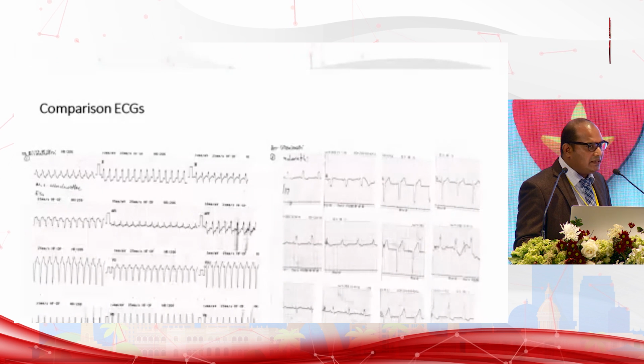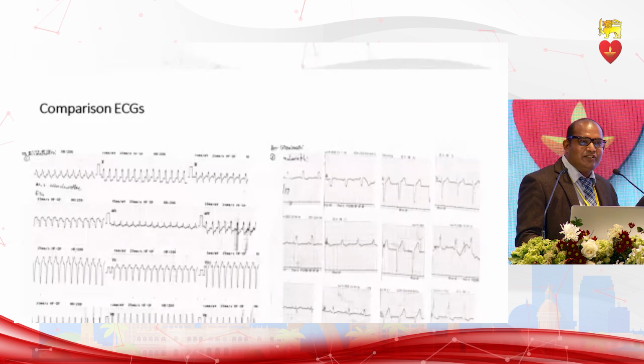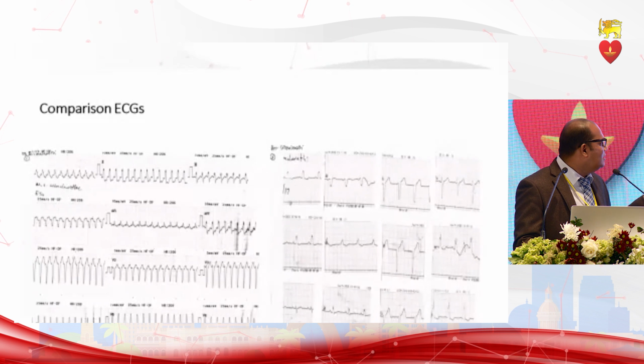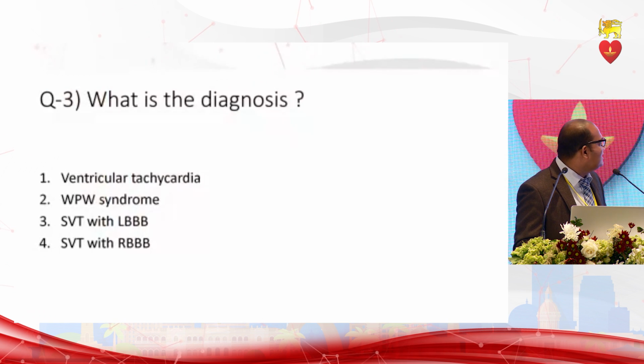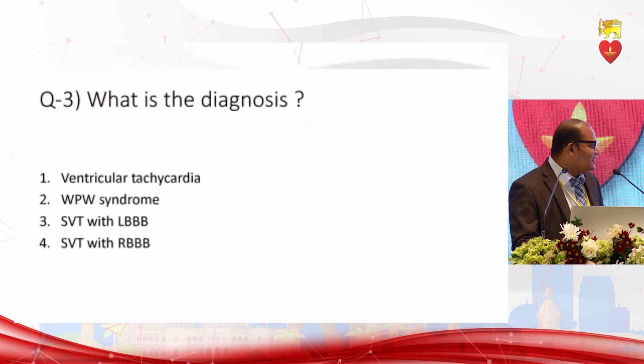So in this case, can you have that breakdown again, please? Is it possible? All right, excellent. So it's a fairly even distribution except the number 4 answer, which is, okay, go back to the answers, please. SVT with right bundle branch block. Yeah, that's fine. That's good. And out of the 3 given,